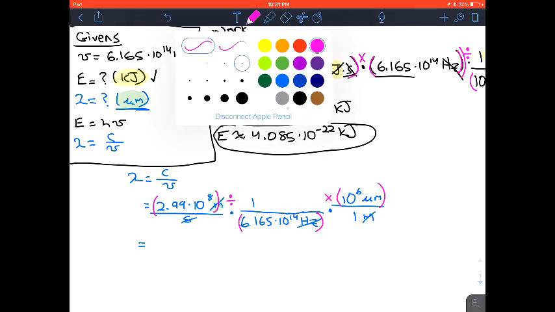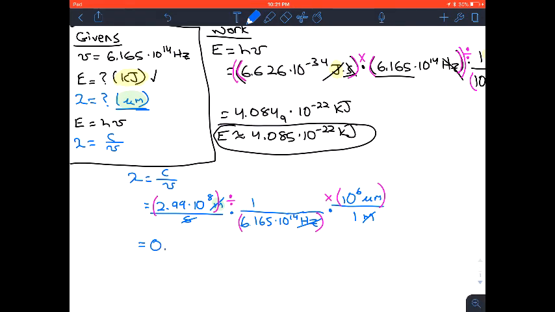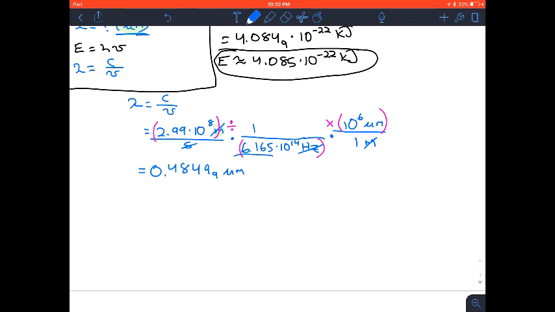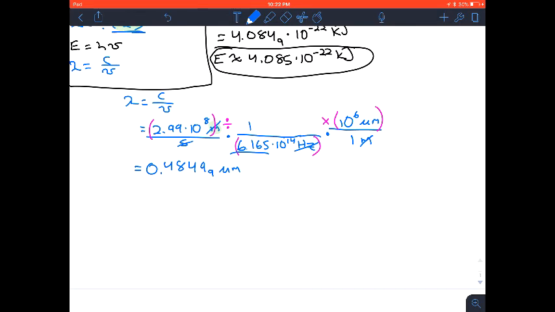Okay, so the answer that you should come up with is 0.48499 micrometers. So this needs to be with the correct sig figs, which is 4 in this case, and also it needs to be in scientific notation. So therefore, the wavelength then is about 0.4850